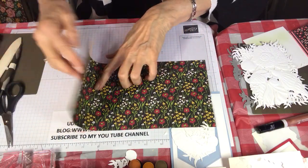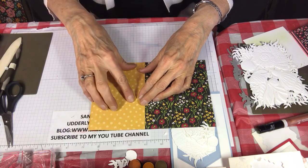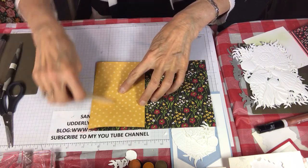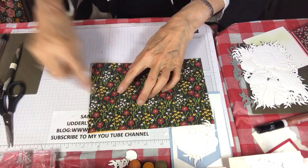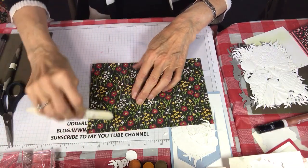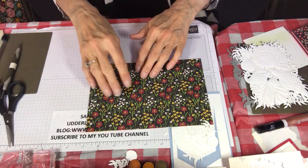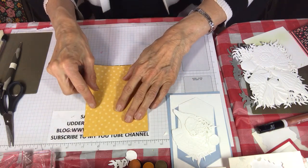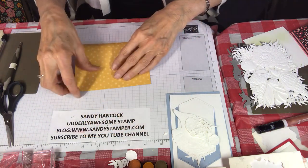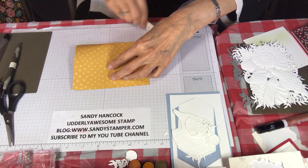You're going to fold this front part over, making sure that the edges line up with each other really nicely. Then fold it under. The reason I didn't have you fold it under initially is because I don't want you turning over the paper. It can get confusing. Okay, so then the next thing is just come to the left, find the score line, fold it over, make sure that you're lining up your